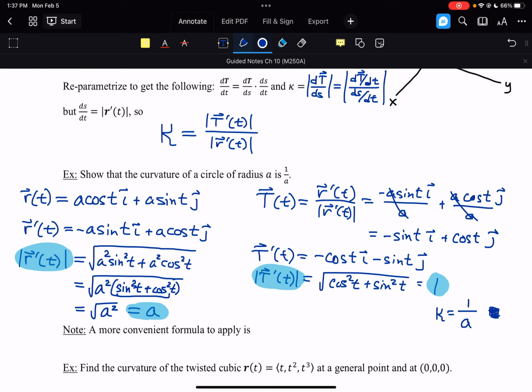And hopefully that makes sense intuitively, because a circle is just one constant curve, right? It's never turning faster at some points and slower at others. It's always turning at the same rate as you go around the circle. And the curvature itself depends on the value of the radius, right? It's actually inversely related. So note, if you have a bigger circle, you end up getting smaller curvature,